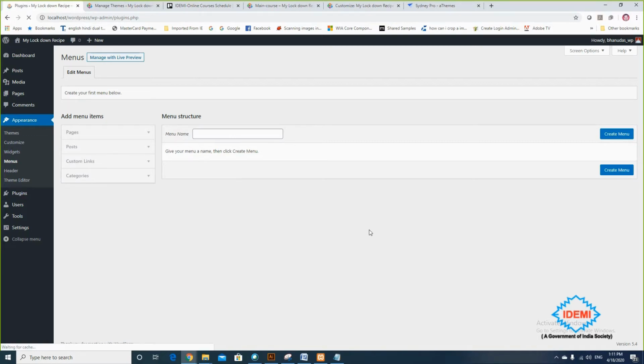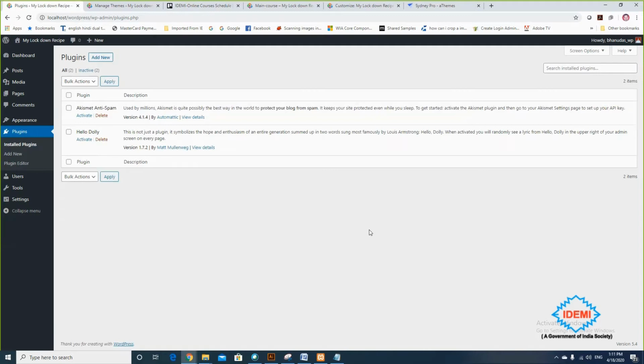these install plugins is there, and by default Akismet Anti-Spam and Hello Dolly are the two plugins provided by WordPress. I don't know how many people actually know the use of this Akismet and Hello Dolly. फ्री है इसलिए लोग उसको अलग तरीके से देखते हैं, अरे फ्री है ना तो कुछ क्वालिटी नहीं देगा, kind of.